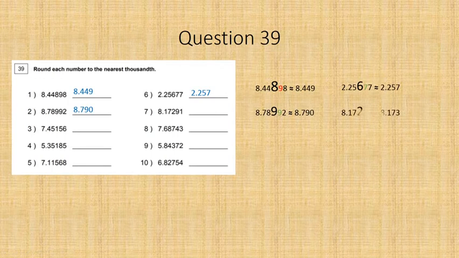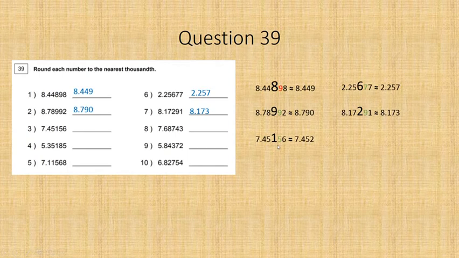The next question here, it's 8.17291. I will find the number, then go next door with the same method. It's a strong number. So add one more to this 2, it's gonna be 3. So this is the answer. For the next question, it's